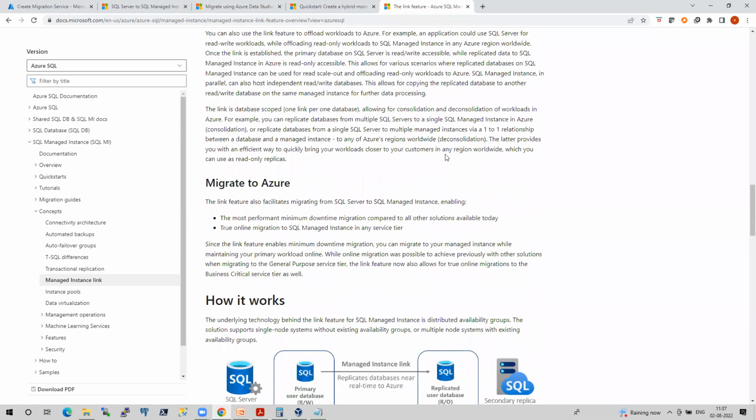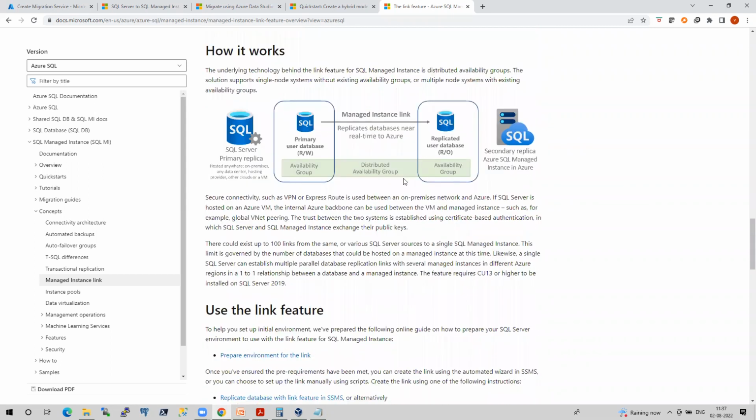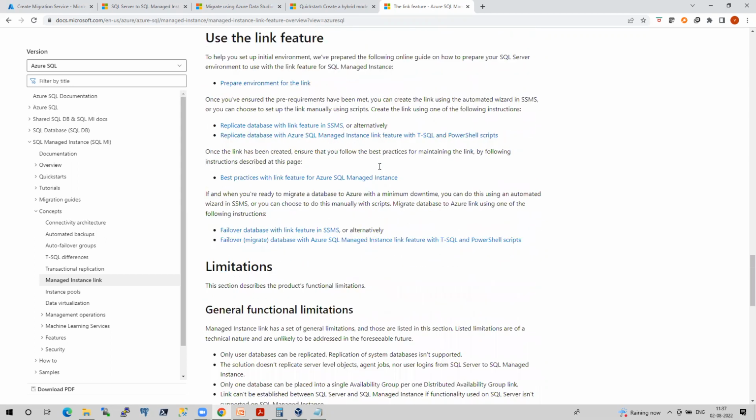After all the different migrations, finally we are going to cover this Azure Managed Instance Link feature. This will be the final migration setup I have with me. There are so many different types of migrations that I'm going to cover. Apart from this, I wanted to cover Azure Active Directory and Azure SQL, which are still pending, and the monitoring part. Monitoring is the same as migration, it's a very big topic, so I wanted to cover monitoring also. These are the things that are pending.